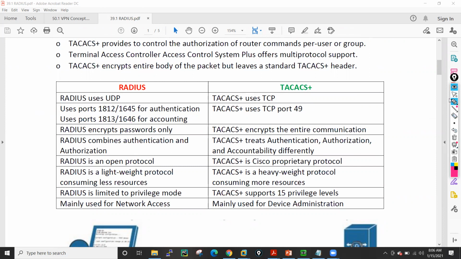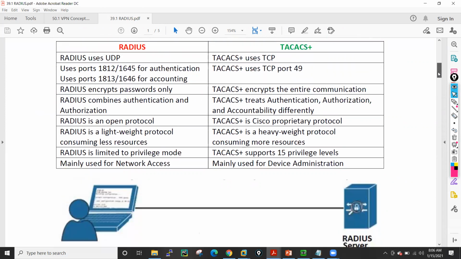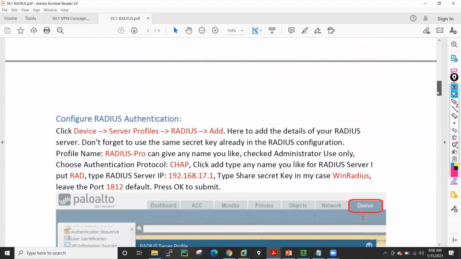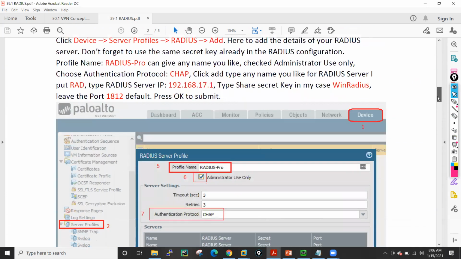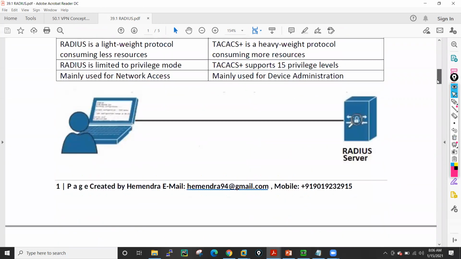Okay, so you can check out this particular PDF. I will not go through the theory of that one. Now we directly jump into the configuration.